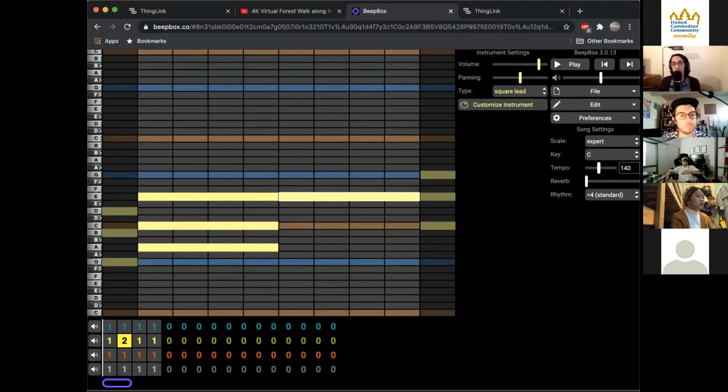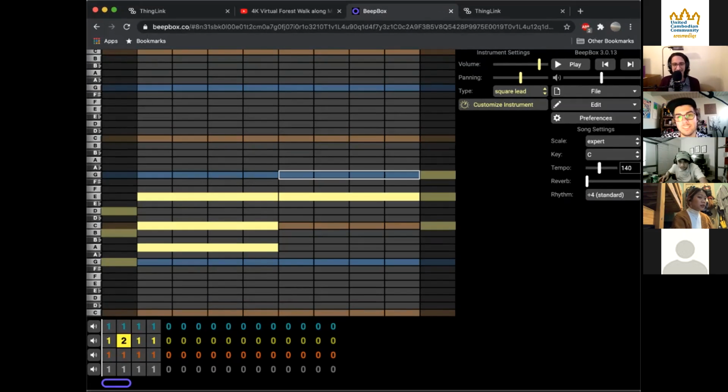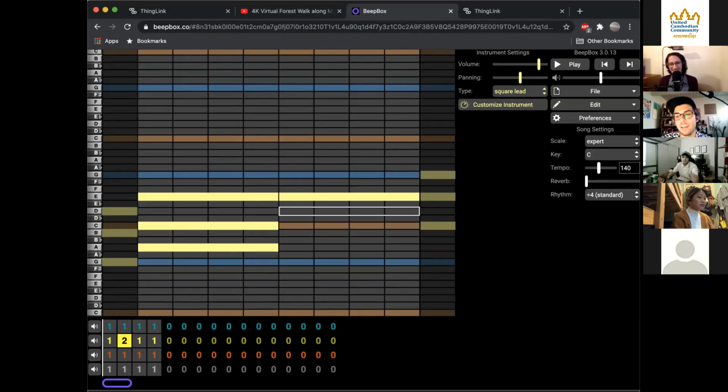Okay, so for minor chords, what was the interval between the first note and the second note? There's two options, either 3 or 4. You can look at your other chord and count too. It's not cheating. It is cheating. Don't look at it. Just kidding. Go ahead and type it down or say it out loud. It's okay if you're wrong.